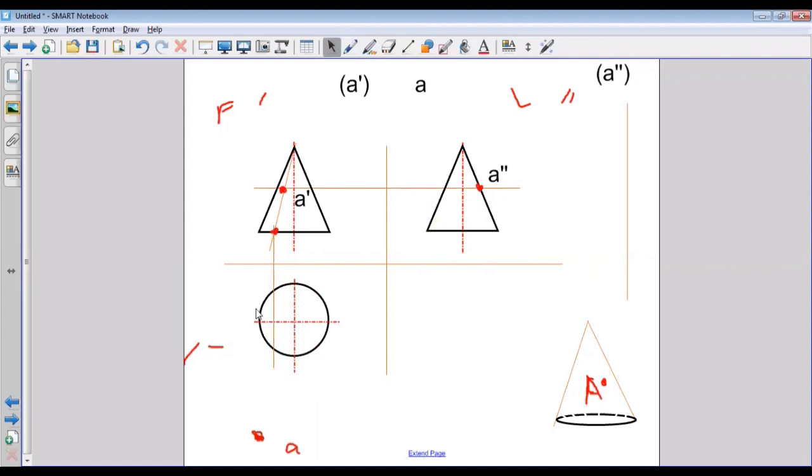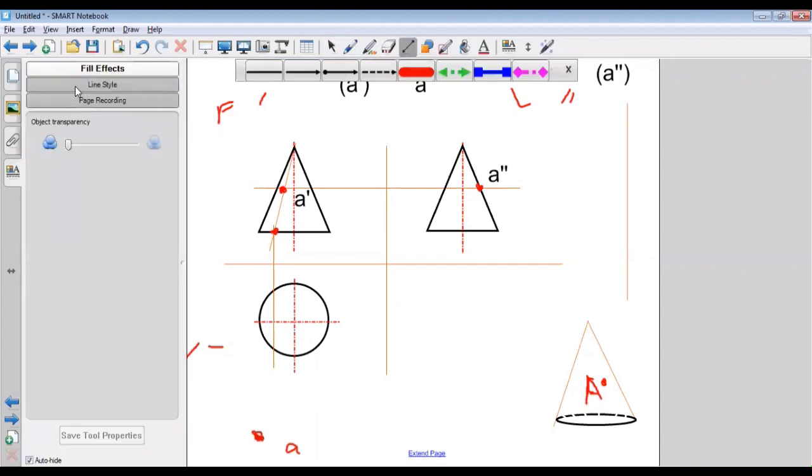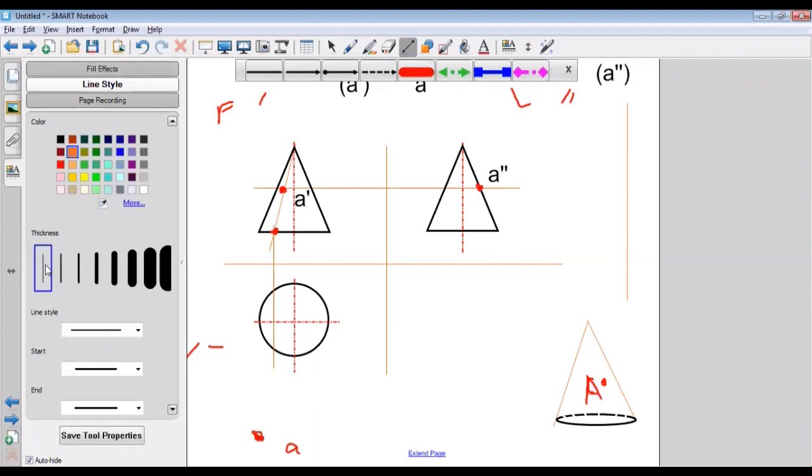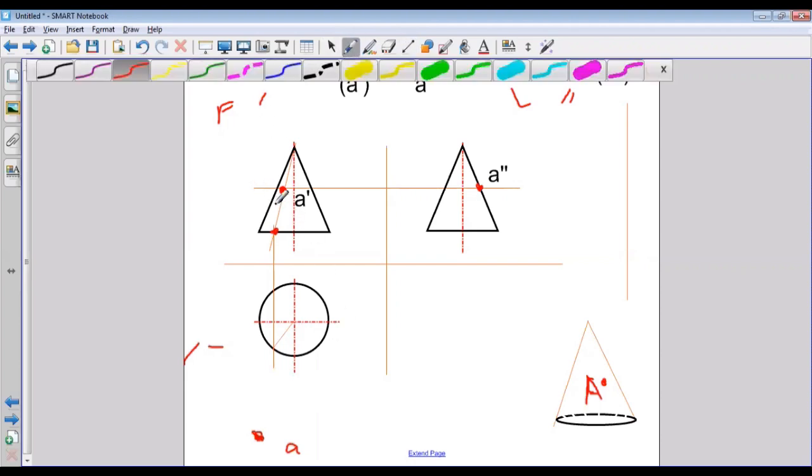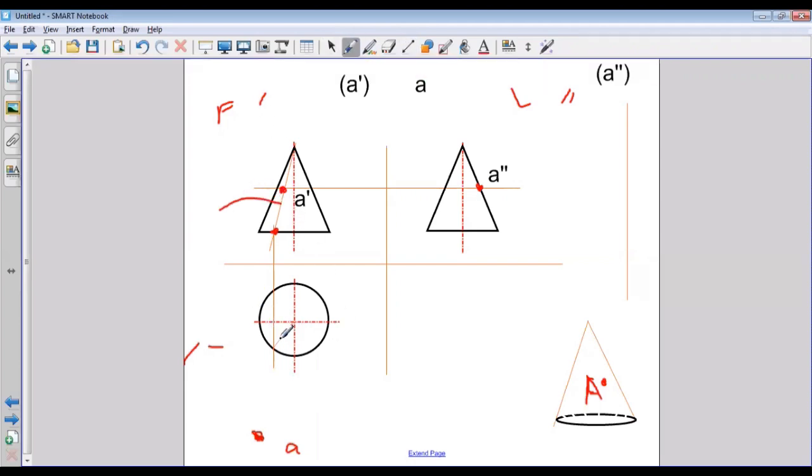Okay, so top view, and we're making another line from this point up to the tip. Okay, so that means the projection of this line is this one,